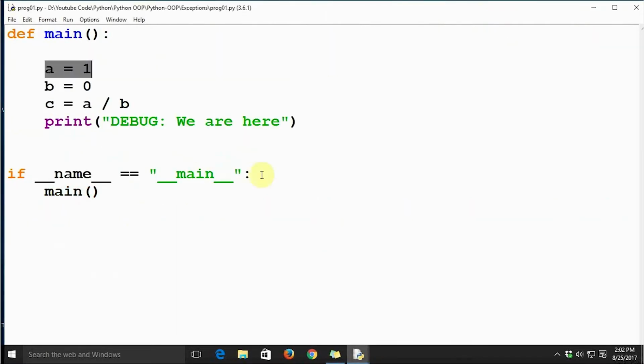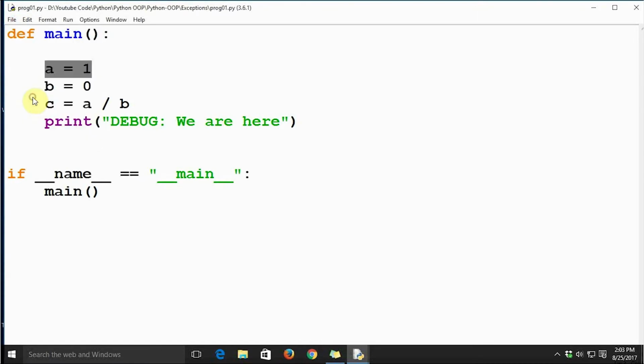In our earlier tutorial we saw how to raise the exception using the Python interpreter itself. The difference between the earlier tutorial and this tutorial is that here we are seeing how to deal with exceptions in Python's scripting mode. Basically this is a Python script, a Python program, and we are seeing the exception in a Python program. Now let's see how to handle this exception.